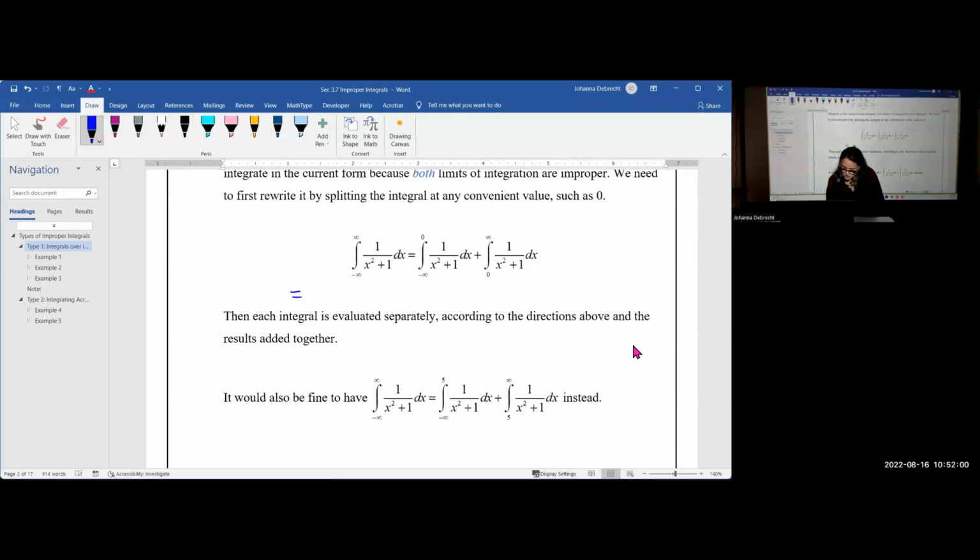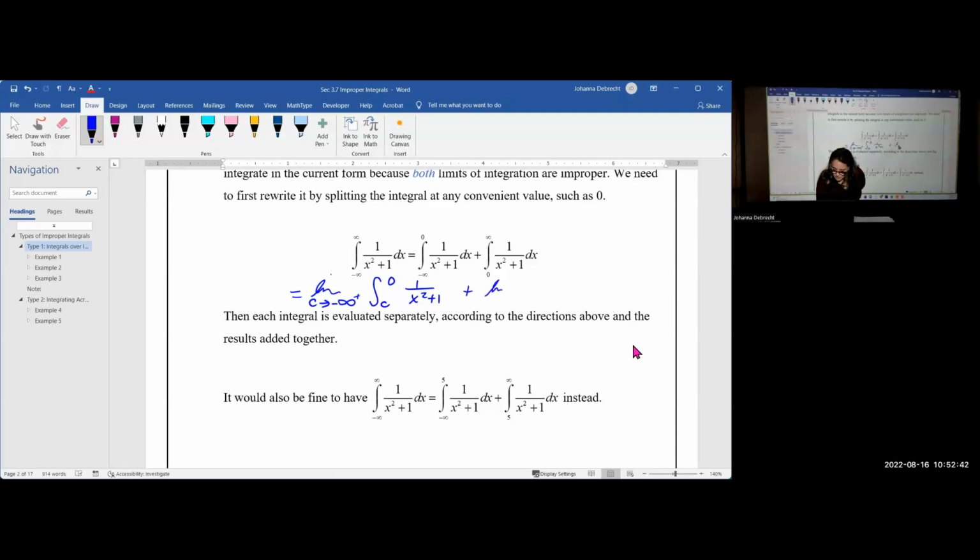So this becomes the integral, and we're going to have a limit, and we're going to let the first one be C approaching negative infinity, and we're going to have the integral from C to 0 of 1 over x squared plus 1. Now, C is approaching negative infinity coming from the right side, right? Because it's the lower limit of integration. So in essence, you're really approaching negative infinity from the right side. And remember, the way you indicate that is with a plus in the power position above that, right? And then the second one, of course,